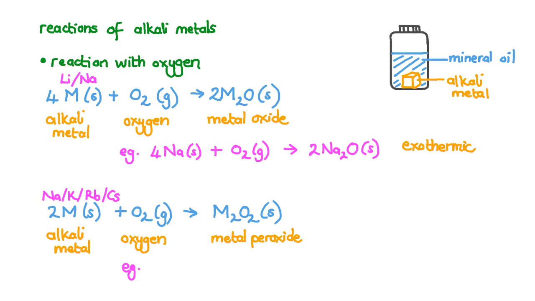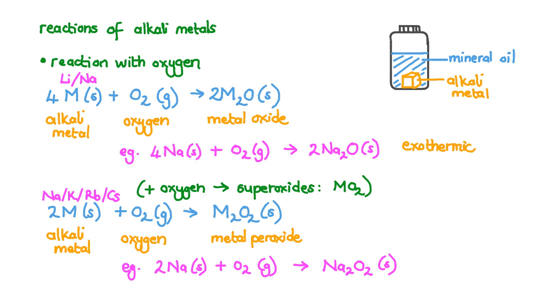Let's write a specific example of this equation using sodium again, and we get 2Na solid plus O2 gas reacting to form Na2O2 solid. Sodium, potassium, rubidium, and cesium can also react with oxygen to form compounds called superoxides under